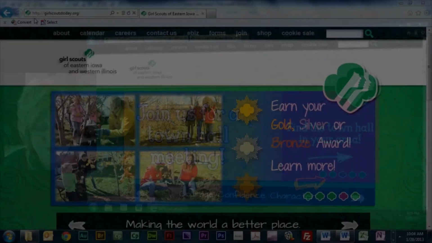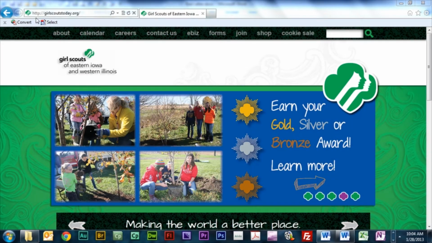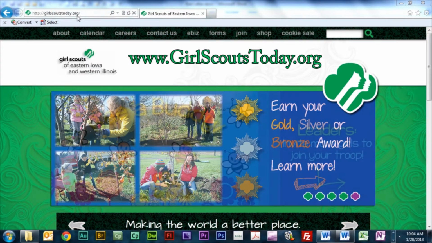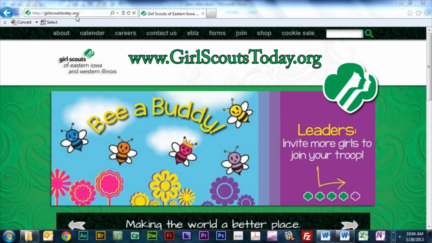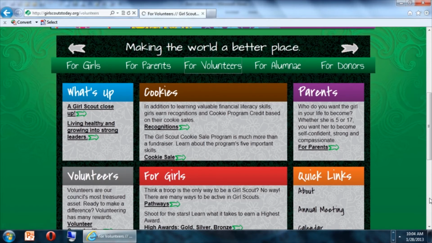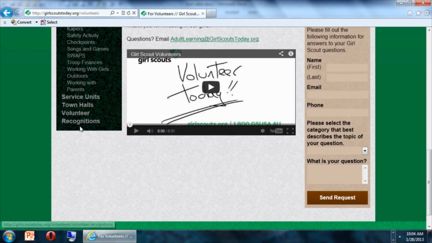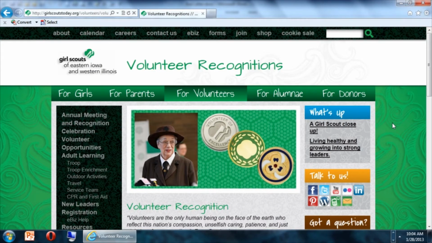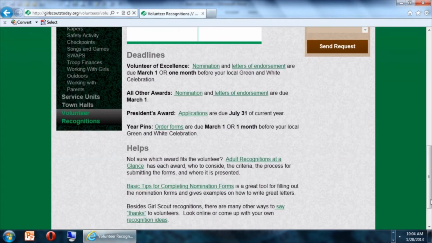Let's get started. To get a recognition form, start at our homepage at www.girlscoutstoday.org. Click on For Volunteers. Scroll down to the bottom, click on Volunteer Recognitions. And everything about recognitions is on this page. We're going to go down to the bottom under the Helps section, and we're going to click on Adult Recognitions